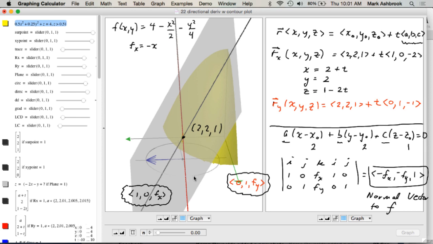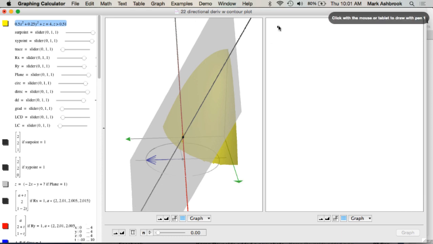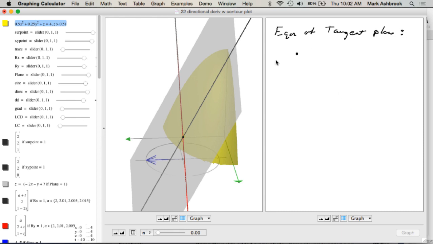Okay, so now let's just write it generically then. Can I erase everything I've written on the screen? Okay, so the equation of the tangent plane then is, at (a, b, f(a,b)),